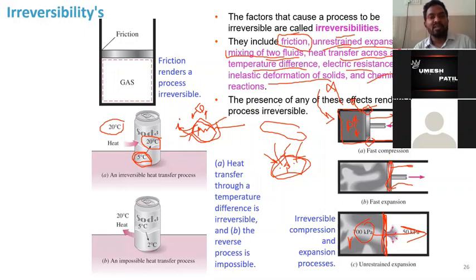Similarly, another example is chemical reactions. If you mix two chemicals and if a reaction occurs between those two chemicals, then that reaction cannot be reversed. Like if I take this cloth and burn it, that is a chemical reaction, oxidation, right? The reaction between this cloth and oxygen is nothing but an oxidation reaction. So once that reaction has taken place, can I get back this handkerchief again? No. So chemical